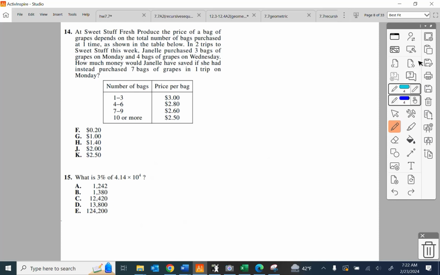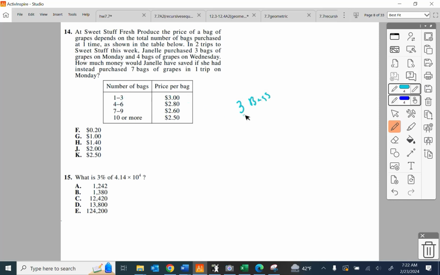At Sweet Stuff Fresh Produce, the price of a bag of grapes depends on the total number of bags purchased at one time, as shown in the table below. In 2 trips to Sweet Stuff this week, Janelle purchased 3 bags of grapes on Monday and 4 bags of grapes on Wednesday. How much money would Janelle have saved if she had instead purchased 7 bags of grapes in 1 trip on Monday? So if she buys 3 bags,